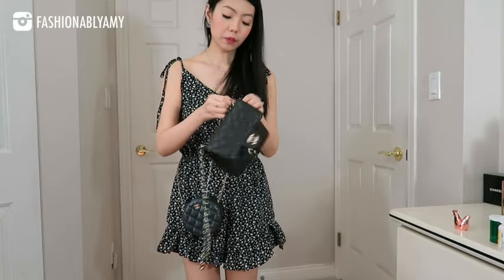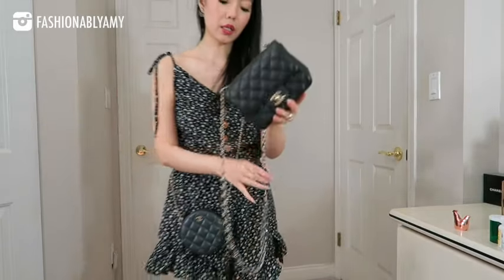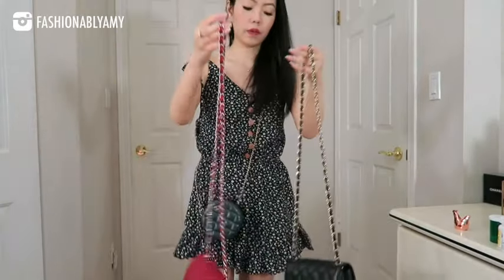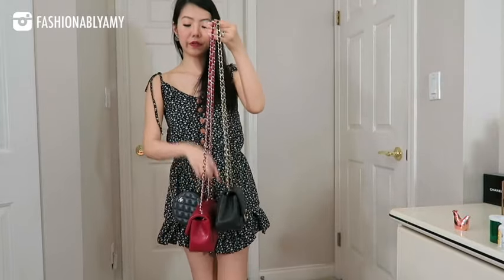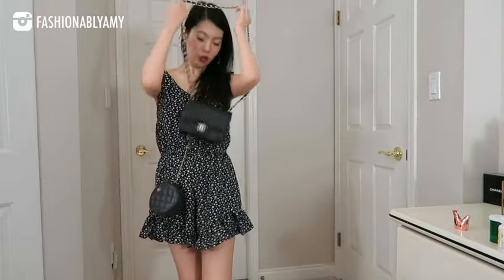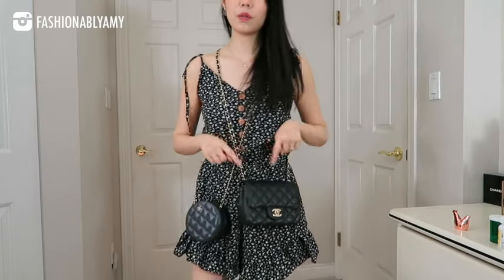So this one is my square mini, and the square mini is a lot shorter than the rectangle. So I'll just give you a very quick overview. See how much shorter it is, and it is my preferred length, crossbody wise or shoulder wise. So this is how it looks on me. To me, this looks better than this one lengthwise, but